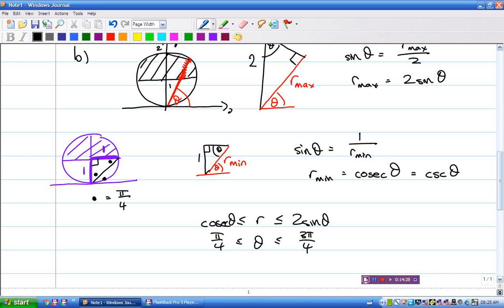Okay, I've made a bit of a meal of that problem, but when you get to the end of this course, if you go back and have a look at this problem nostalgically, you'll see that that region there, that semicircle in a circle that's shifted off the origin, comes up over and over and over again, to the point where you see it and that 2 sine theta and that cosec theta just come to you. Yes? I was just wondering,